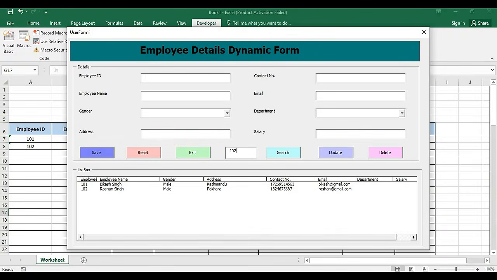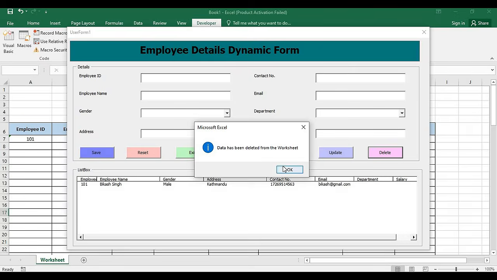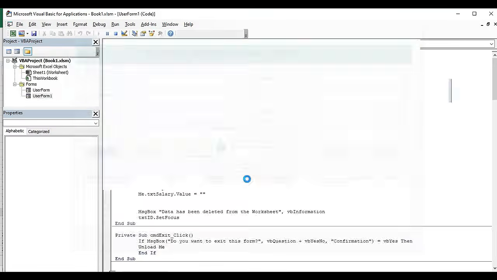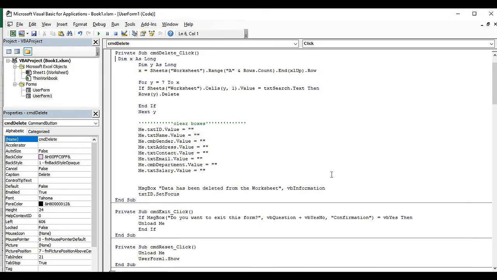Now run this code and type here 102 search. When you click on the delete button, that has been deleted. Now you can delete the data from the worksheet. Here our search text box has not been cleared yet, so we'll clear it first. Exit this form, double click on the delete. Here we have to add,